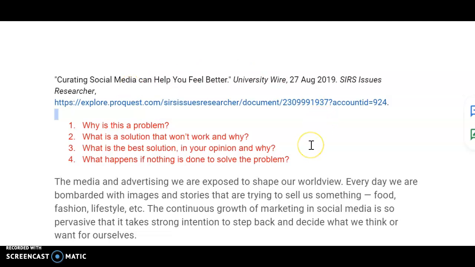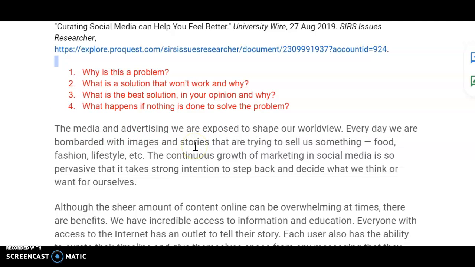I added the 4 questions that I want to look for in addition to the other elements to annotate. So that's just something I did for myself. You do not have to do that. So many of you have probably done this before. Again, this is just sort of a refresher. But when we find something that we want to annotate, we not only highlight, but we also want to comment